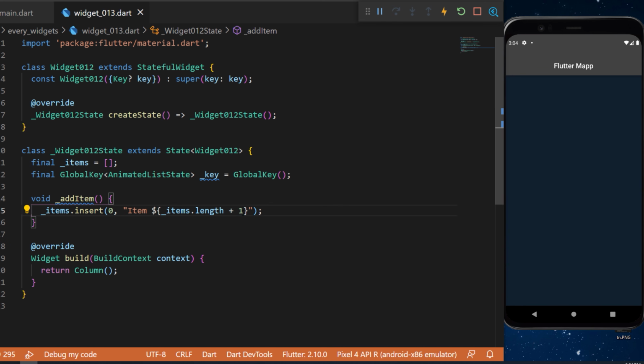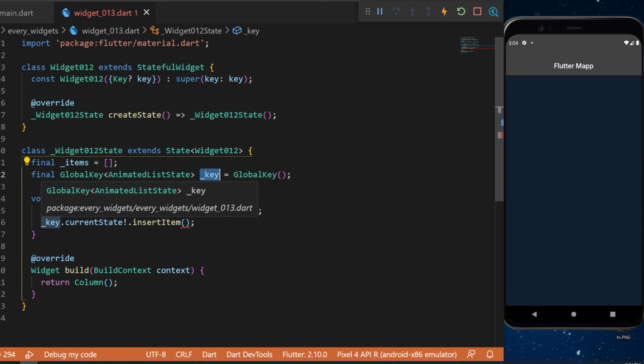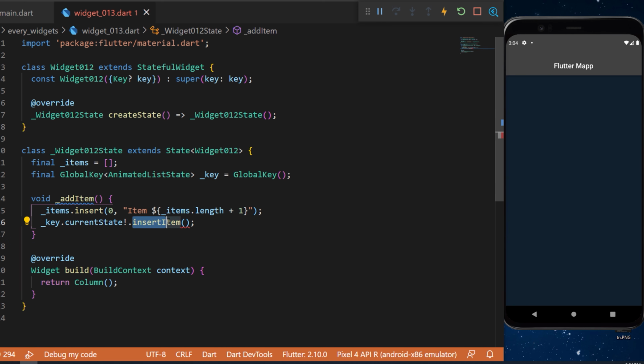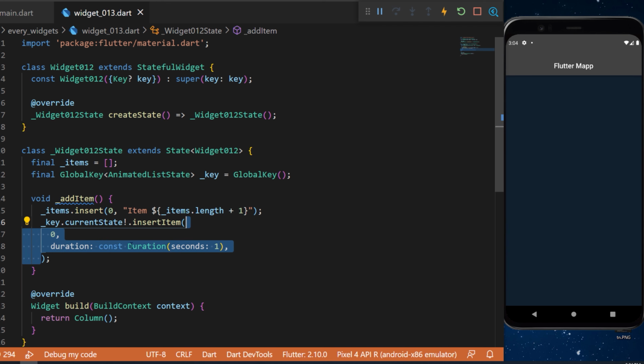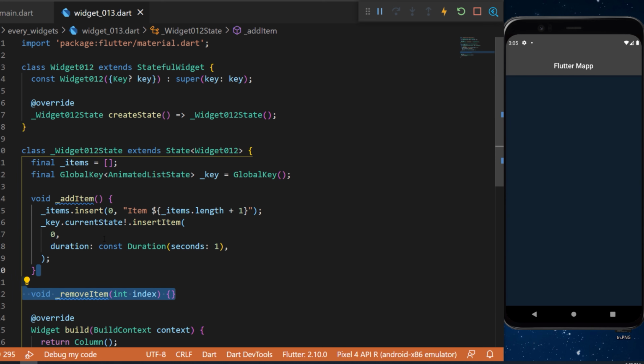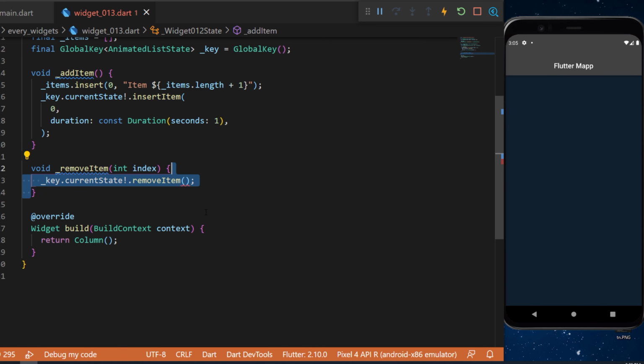And because we don't use the set state, but we add items inside the same state, we will use the key that we have created, .currentState, and we will insert an item inside. We will add the new item in the index 0, and the duration will be 1 second. We need to create another function to remove the item. For this, we use the same logic,